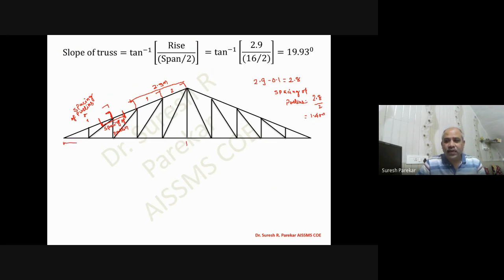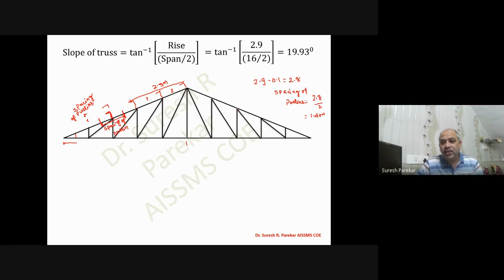So once we know this spacing of purlins, then we can have the total panel points, and accordingly you will get the inclined distance. Then as you know the height, or you know theta, from this you can find this plan length also. Or if the plan length is given, then you are going to decide how many panel points you have to go for. So how many panel points can you have?